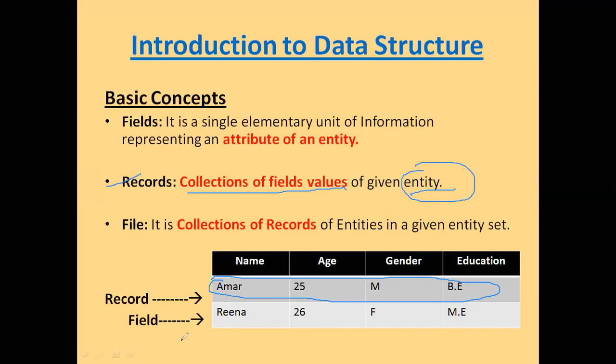Now next, if I have many records like this, I have one more record, Lena, and one more record, then the collection of all records makes a file. The collection of records of entities in a given entity set is called a file. So these are basic terms that you should know